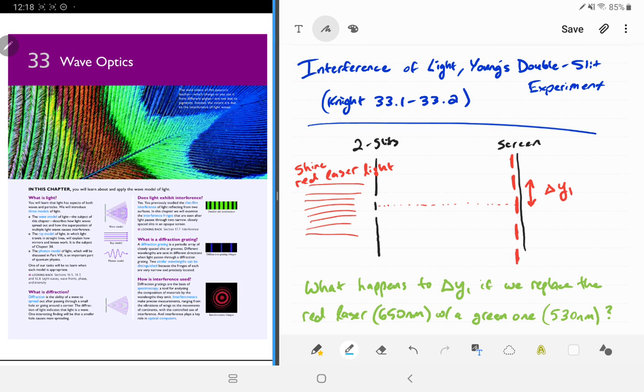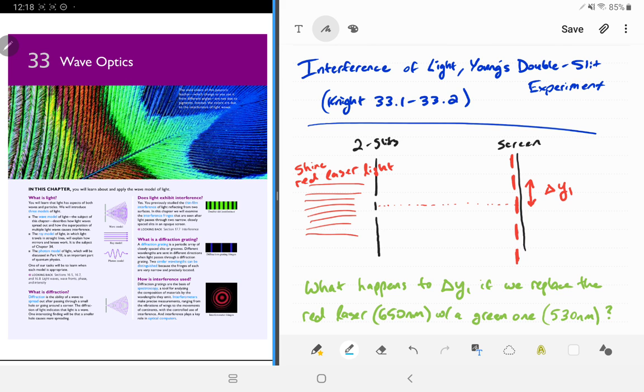But later, in the next few chapters after this, chapters 34 and 35, we'll be talking about ray optics, or so-called geometric optics, where we talk about light as a particle. So we'll talk about things like lenses, Snell's law, things like that. But this chapter, to focus on light as a wave,